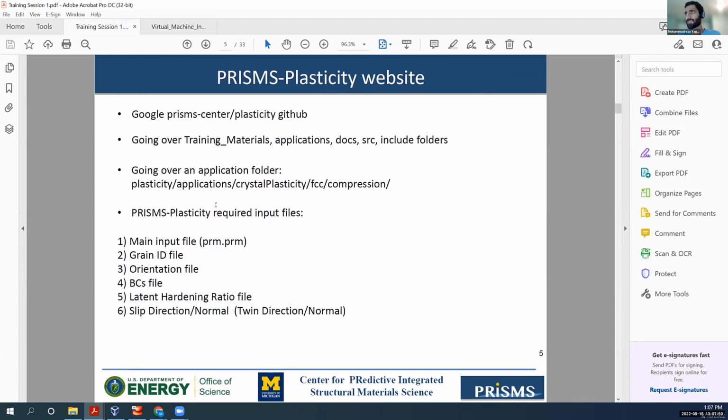But as I mentioned, the first part of this training would be going over all the required input files, giving you some idea about what the input files are for each crystal plasticity simulation using PRISMS-Plasticity, and then doing one simulation for today. And we are hopefully finishing about 1:45 to give you a 15 minute break between PRISMS-Plasticity and the PRISMS-Fatigue session, which will be the follow-up session for PRISMS-Plasticity. So we start with